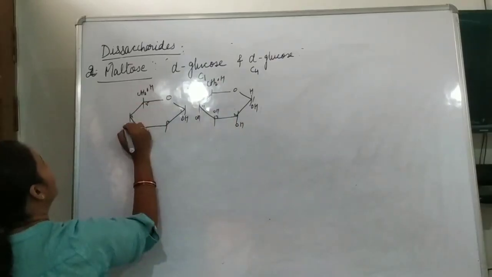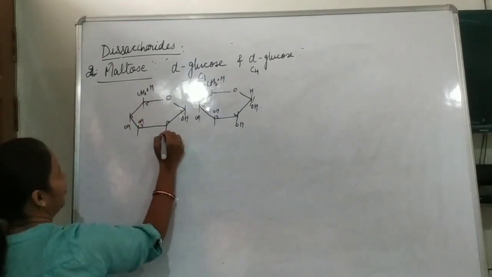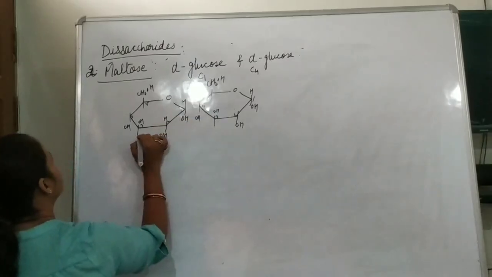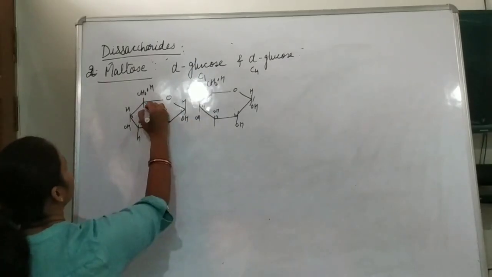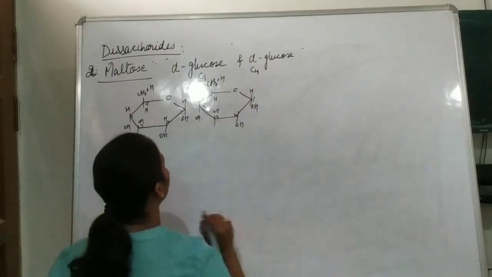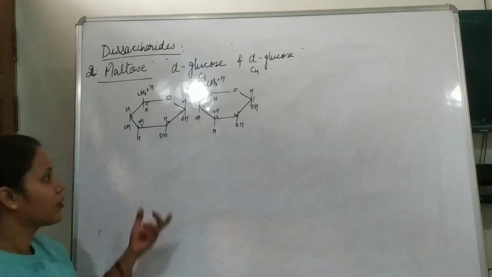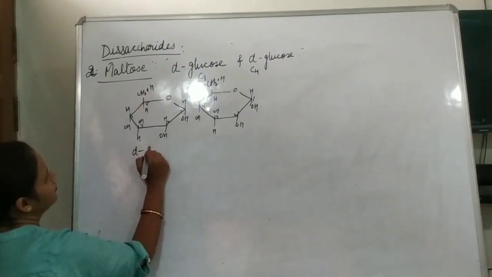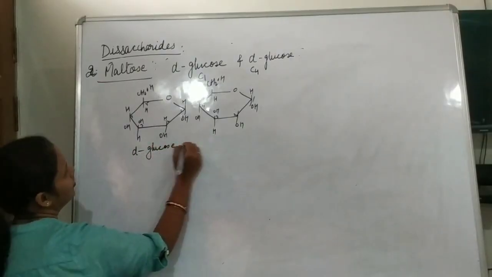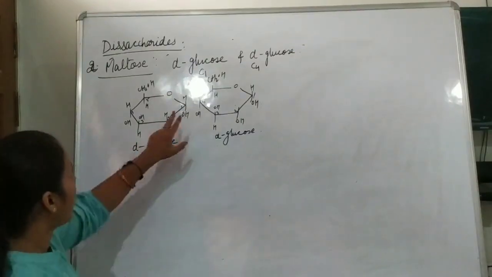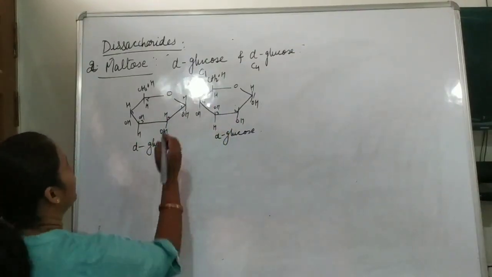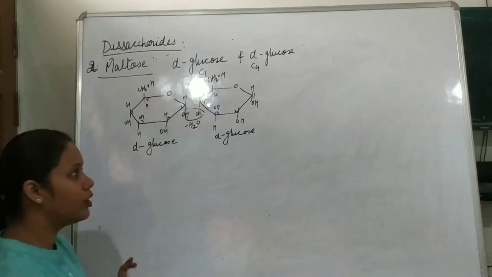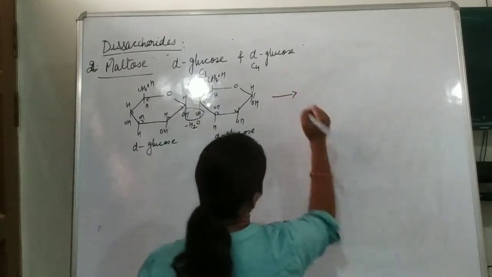Up, down, and down. This is a trick which I use personally, but it is up to you. So these are the two alpha glucose. Here carbon 1 and carbon 4 combine together by removing a water molecule,